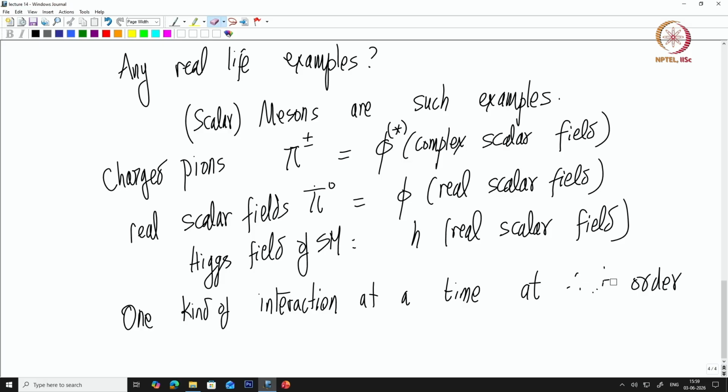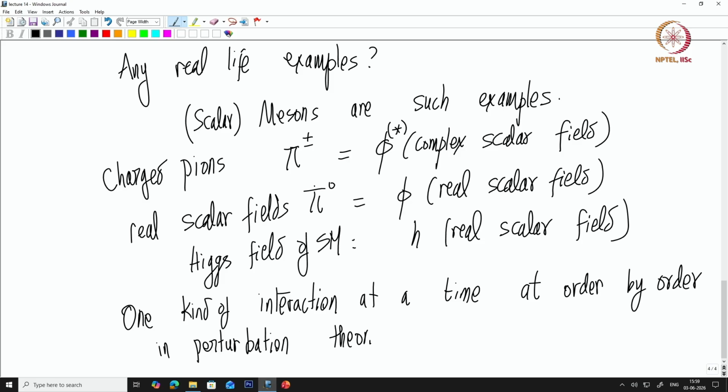Let me not say first order, we will do it order by order essentially. In later classes, for most of this course, we will not do higher orders in perturbation theory. Okay, one kind of an interaction. So, we take only one particular interaction. Say if we are dealing with self interactions, we will only deal with self interactions